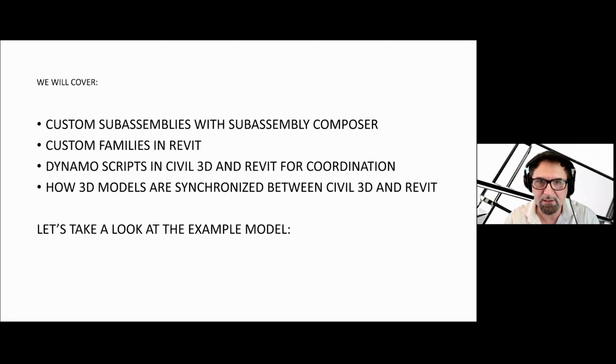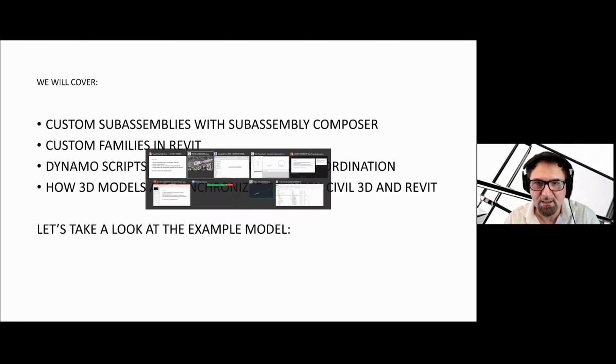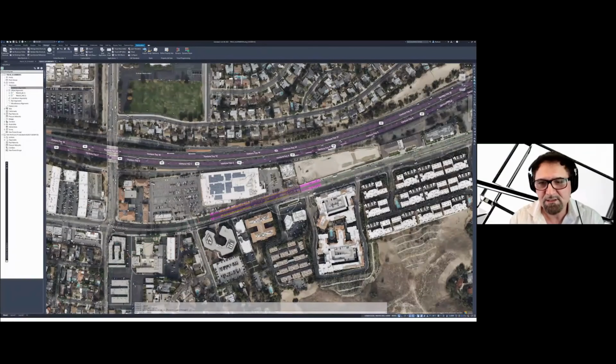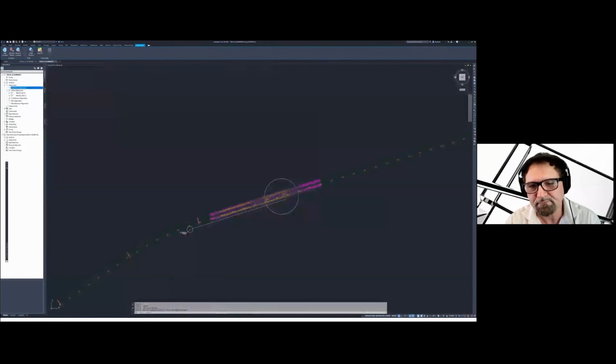So let's take a look at the model that I have here. This is done as an exploratory study. It is around the Los Angeles area, on Ventura Boulevard in the Valley. Over here, I'm just going to switch the map quickly.